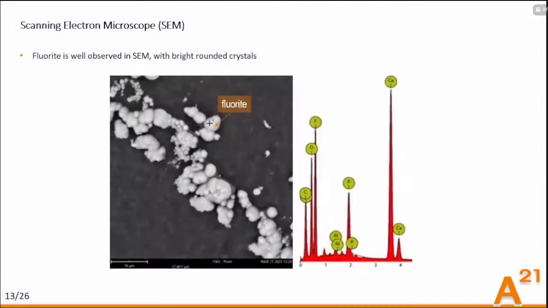And later, just to see the crystals better, we washed them with some distilled water. We did a centrifuge, and then we put it with a tiny drop of water onto the graphite sticker, so we can see it better. And here the scale is 10 microns, but you can see the grade is much better.